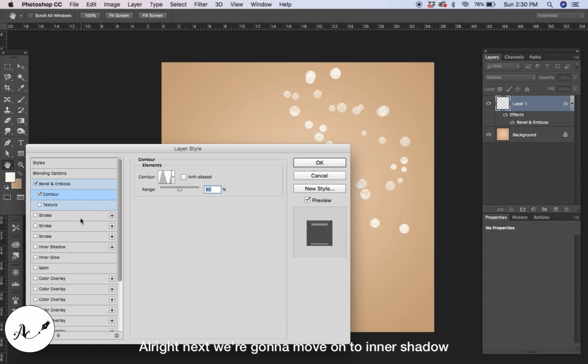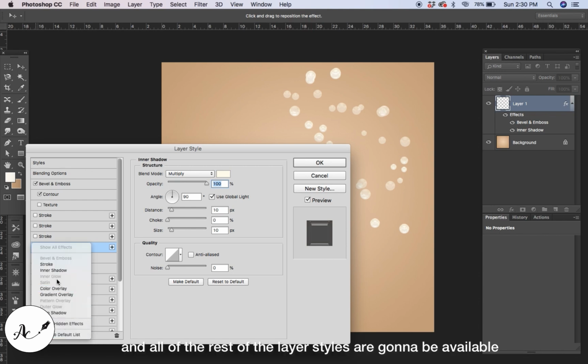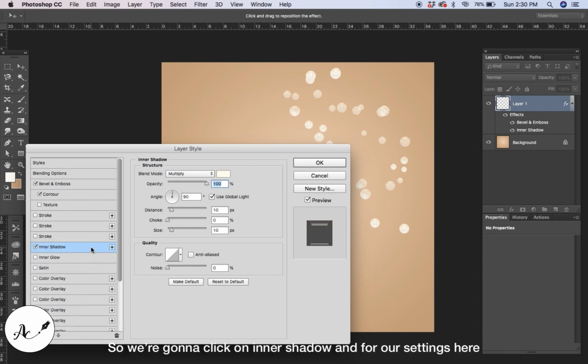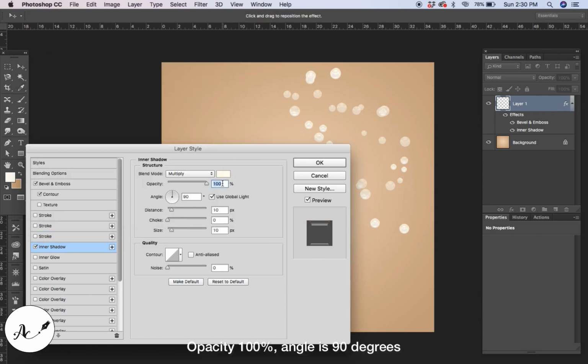Alright, next we are going to move on to inner shadow. By the way, if you don't have any of these available here, you can come down to here, FX, and all the rest of the layer styles are going to be available. So we're going to click on inner shadow, and for our settings here, we are using blend mode of multiply, and our color for this is going to be FFFAEE. Opacity 100%, angle 90 degrees. Our distance is 10, choke is 0, size is 10,